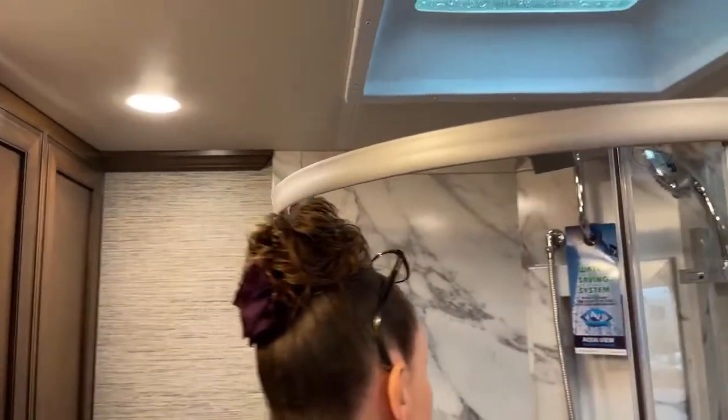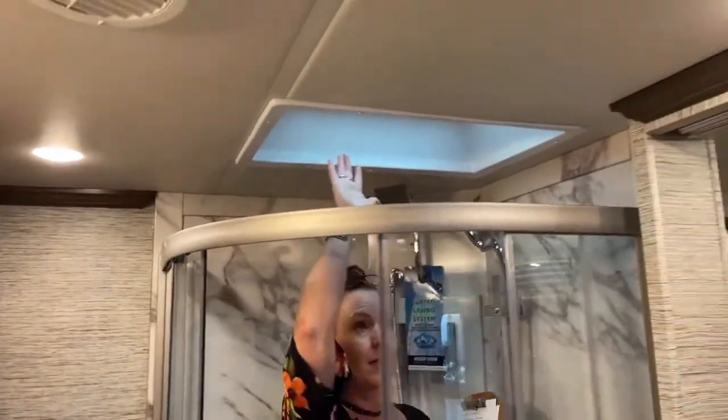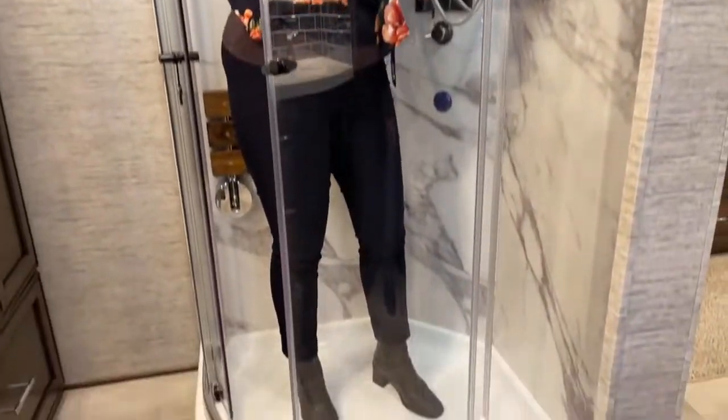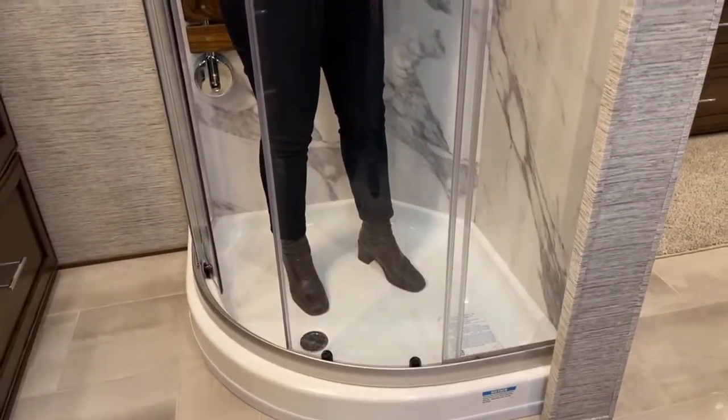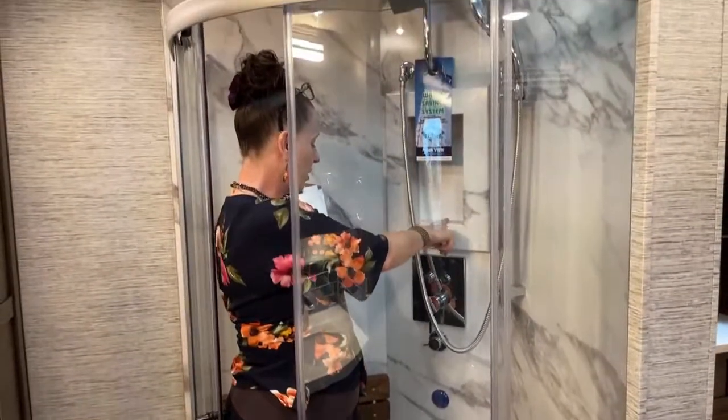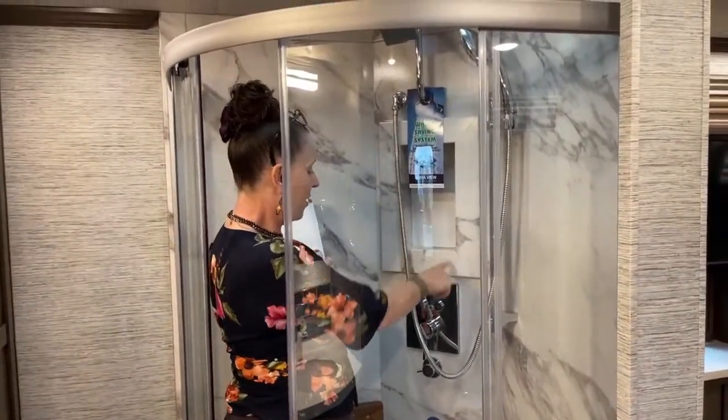And then we've got a 35-inch radius shower. And this is really important to show you because it's got this nice skylight here, and I'm not that tall, but I am pretty tall. I mean, I'm not pretty tall. I'm kind of short, but plenty of room to get fully wet in the shower. I've got a handheld shower head here. I've got a nice little area I could put my shampoo and conditioner, and then I also have my Aquamizer